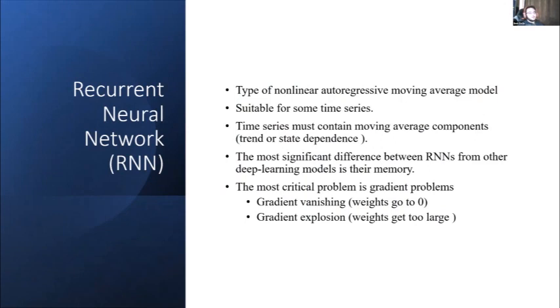Recurrent neural networks are a type of autoregressive moving average model, neural networks suitable for some time series. This time series must contain moving average components, trends, or should be state dependent. The most significant difference between RNNs and other deep learning algorithms is their memory. RNNs establish relationships between inputs and remember the relationships they have found. The most critical problem for RNN